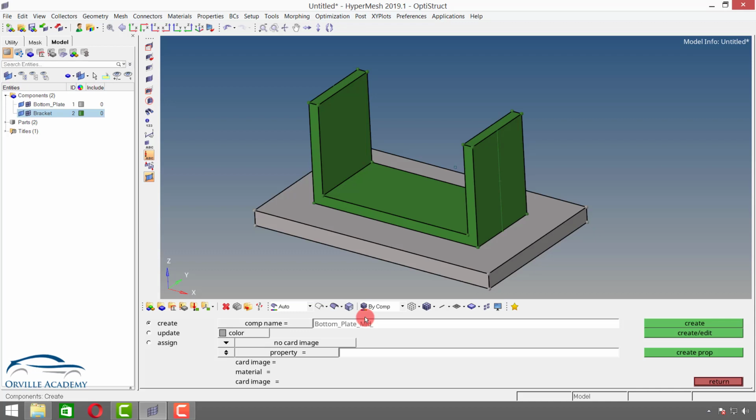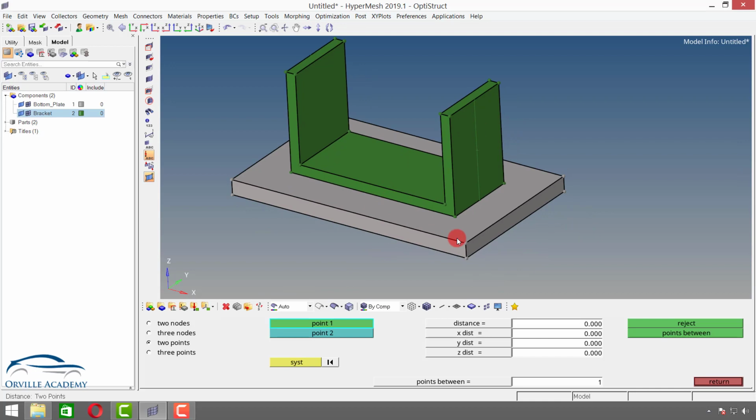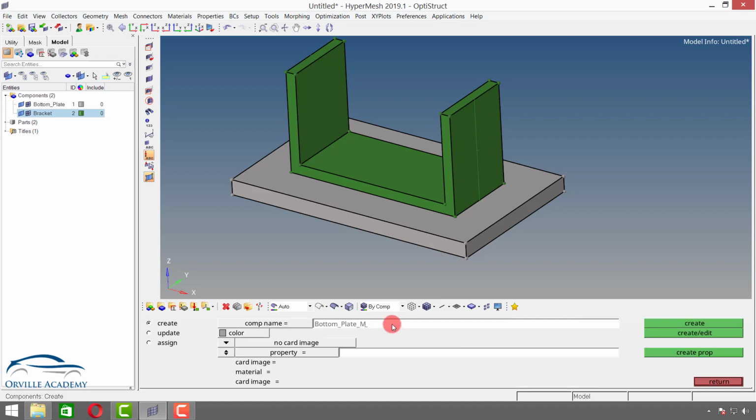Here you can specify the thickness also. Whenever we create a mid surface, generally it is followed by its thickness value. So let me measure the thickness. I will go for F4. For the bottom plate, let me go for 2 points. Select one point and a second point. So the total thickness is 6 mm, and for the top plate, if I click here and here, then the total thickness is 4 mm. Let me say return. Here instead of bottom plate, I will say bottom plate 6.0, that is its thickness.